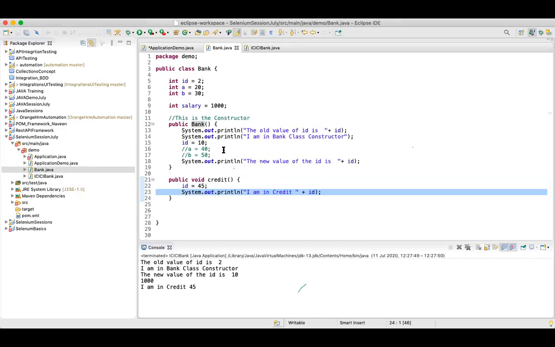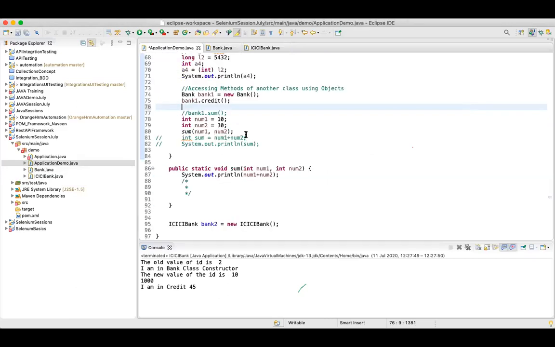So make sure, if I just simply write this over here for your reference, I'll say bank one dot debit. I'll simply write: this won't work as debit is a child class method. Debit is a child class method. And sorry, it should not be bank 2, it should actually be bank 1, because the parent class variable is bank 1, okay?